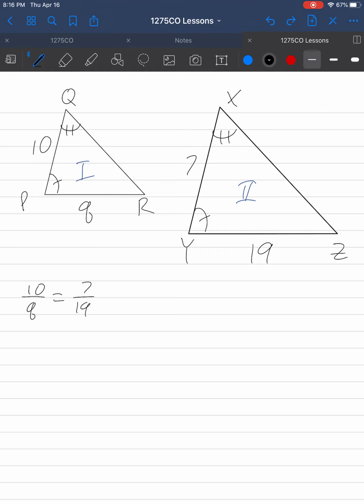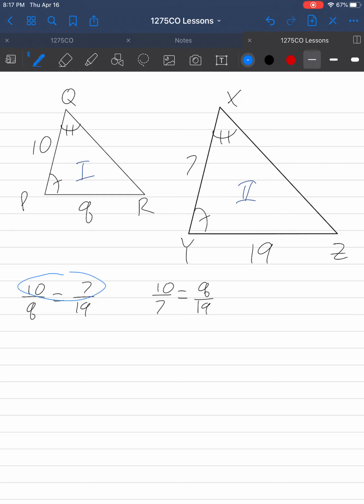Right? Writing out a proportion is about being consistent. If I were to look at the left side of each of these triangles, 10 over 7, then I could write a ratio of Q over 19 because I am being consistent in which side I am writing first and from which triangle I am writing first. If you take a look at these two examples,